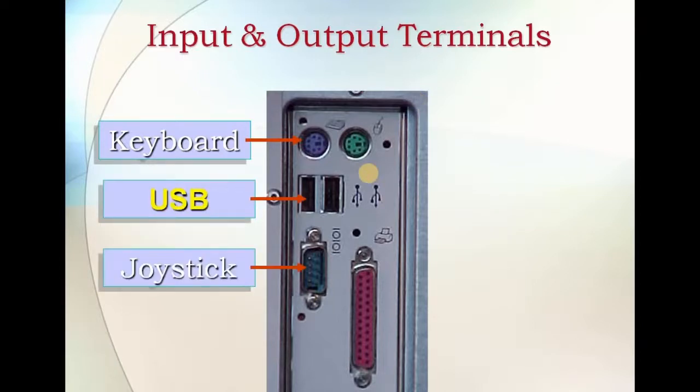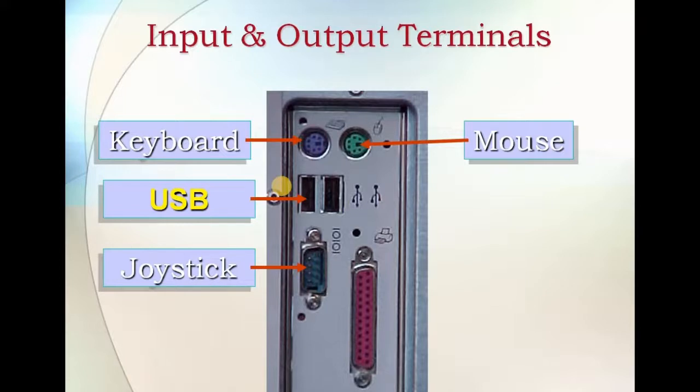then we have the USB cables. For the joystick we have a different one, and then the mouse. Both the keyboard and mouse have the same terminals, but to distinguish them we use this color coding scheme. By looking at the color, we can attach the keyboard and mouse at the proper slots. And then to plug and play our USB devices like our pen drive and other devices, we use these USB connectors or terminals.